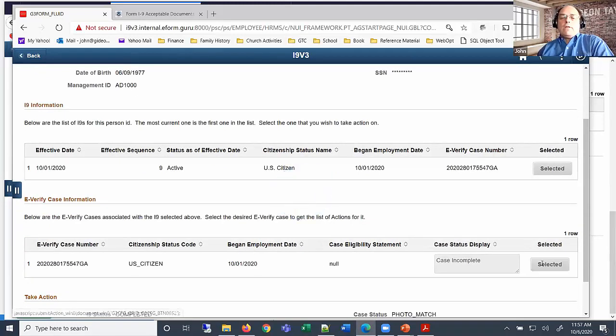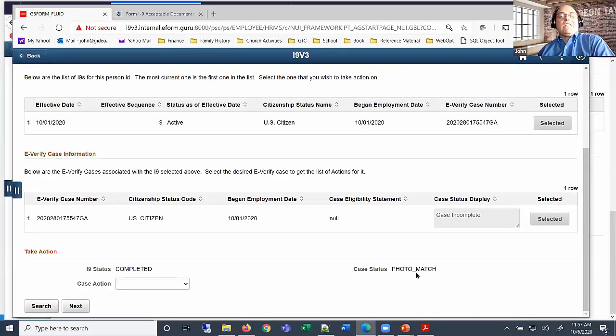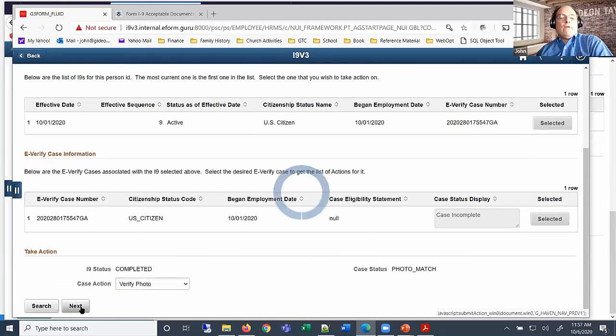And we want to take action on the case number because we see it was incomplete, and we see it is in a photo match status. So we will go ahead and say we're going to verify the photo. And this is the end of our demo. So if I verify the photo,